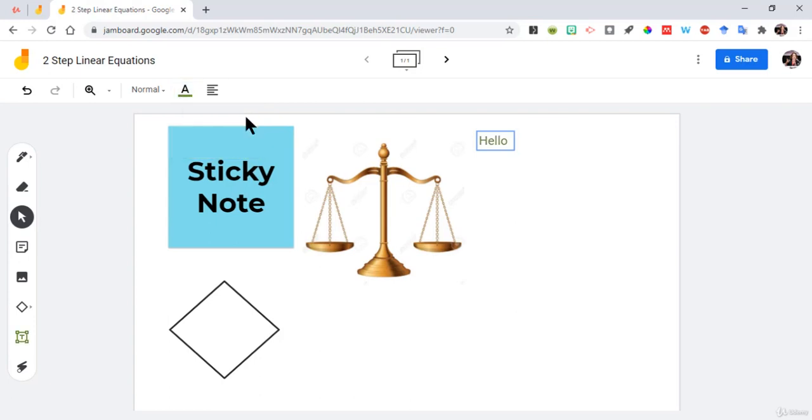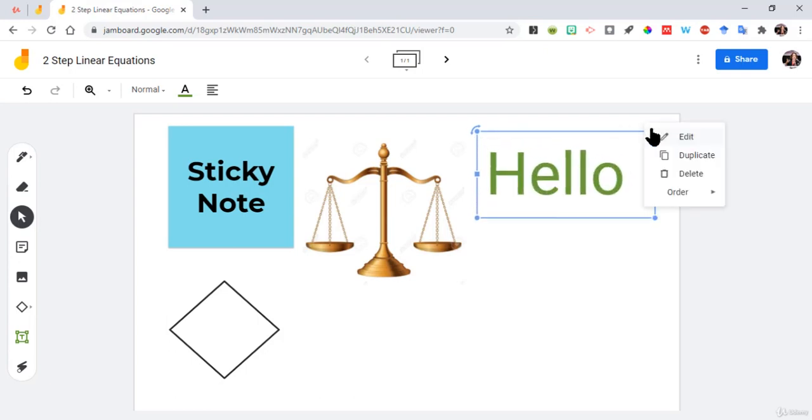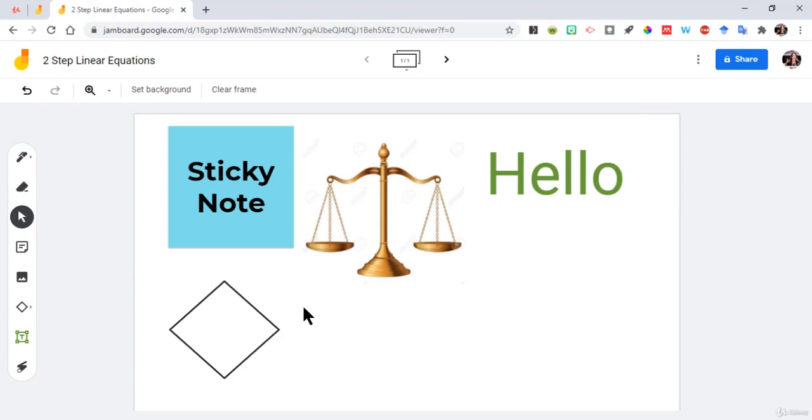I can change the color of the text, and I can choose to center or right justify it only within the box though. So it's not a ton of options, but there are some things you can do with it. And then the last thing, and this is one that's really useful for drawing attention to things in your lesson,